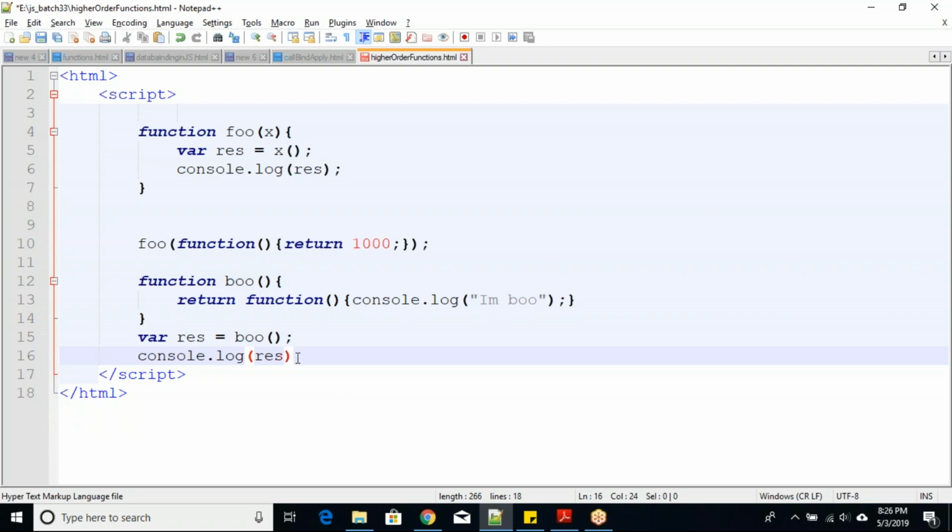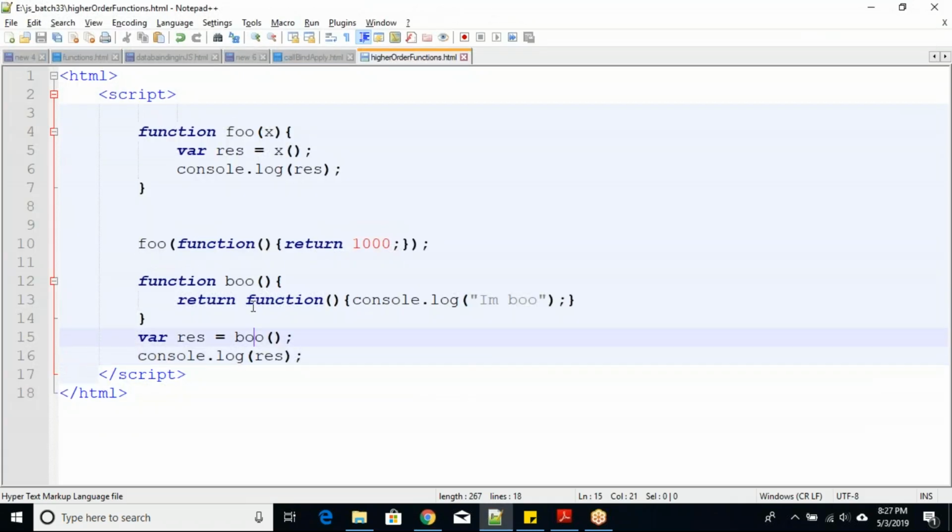I am very much particular about the output. That is again a mistake. It is not "I am boo", because it is returning a function. So the entire function will come and store in res2.